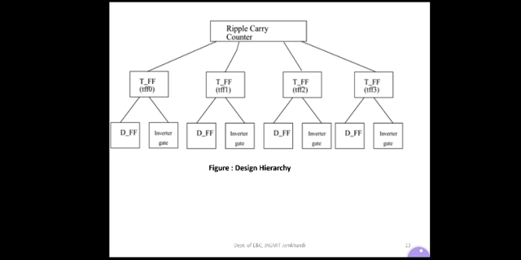In a top-down design methodology, first we have to specify the functionality of the ripple carry counter, which is the top level block. Then we implement the counter with T flip-flops. We build the T flip-flop from the D flip-flop and an additional inverter gate. Thus we break bigger blocks into smaller building sub-blocks until we decide that we cannot break up the blocks any further. A bottom-up methodology flows in the opposite direction. So this is the top-down methodology.